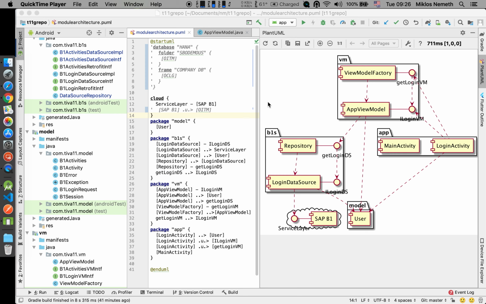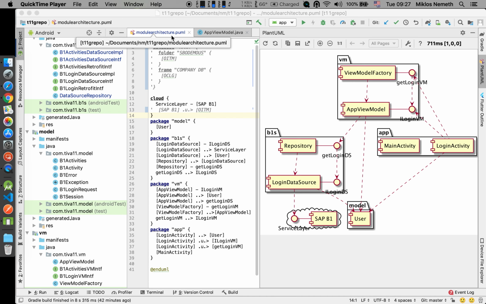But because today my application is getting shape, I'm going to show how to use a tool like that. The good thing is that it is called PlantUML, and this PlantUML is nicely supported by a tool called